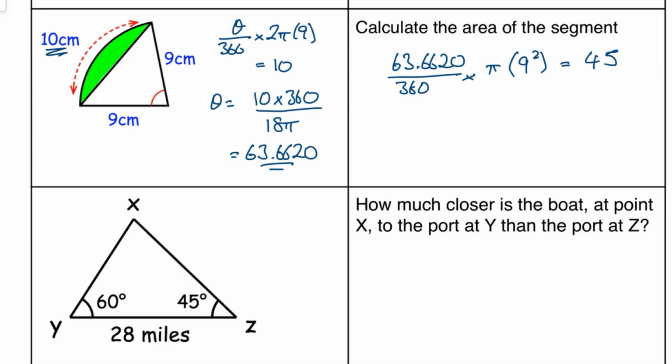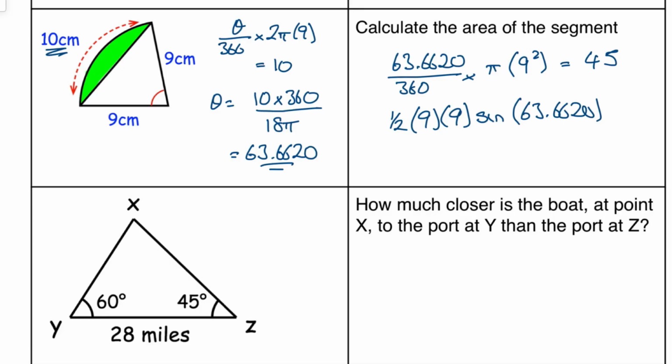Next part. I've worked out the whole segment sector. I need to take away the triangle, which just leaves me with the green part. So the triangle is going to be a half times by 9. So I'm using half ab sine C: 9 times 9 times sine of the angle in between, which is